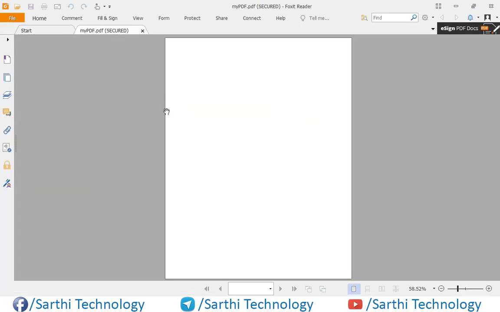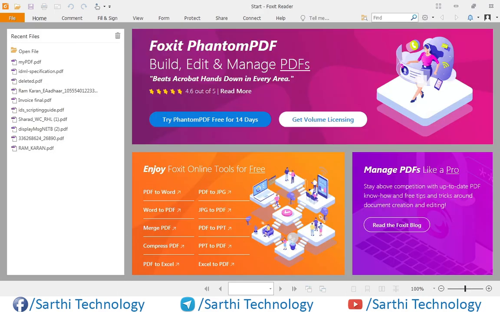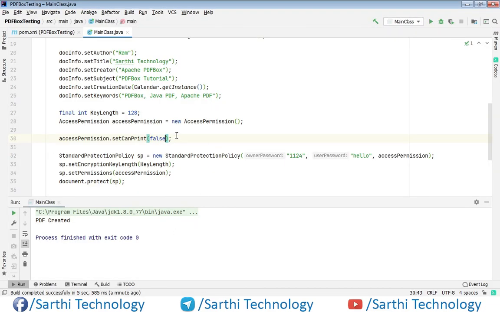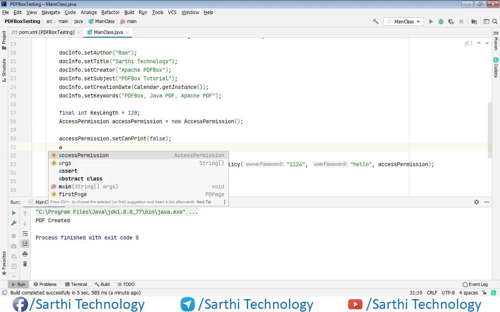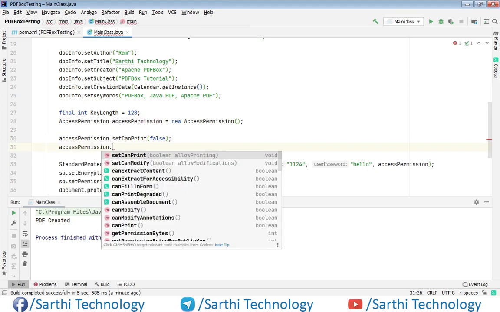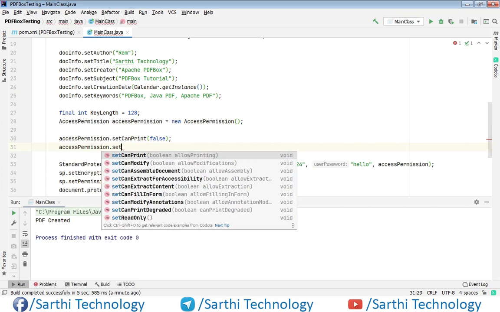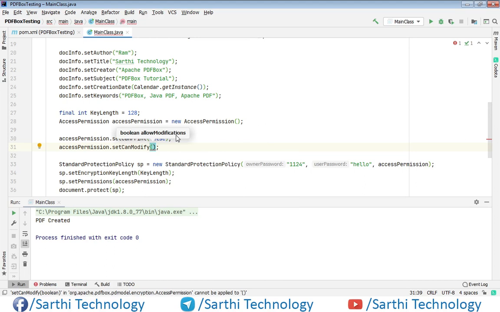So just close, and here you can individually put all permissions. For example, accessPermission.setCanModify and false. Using this you can individually set the permission.